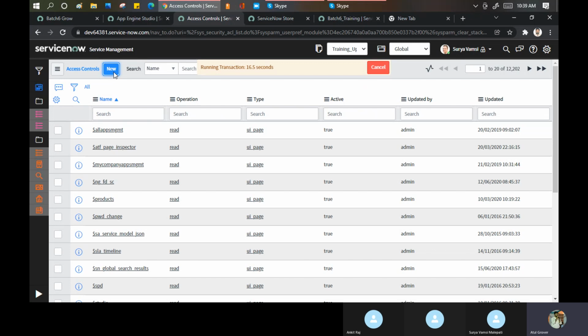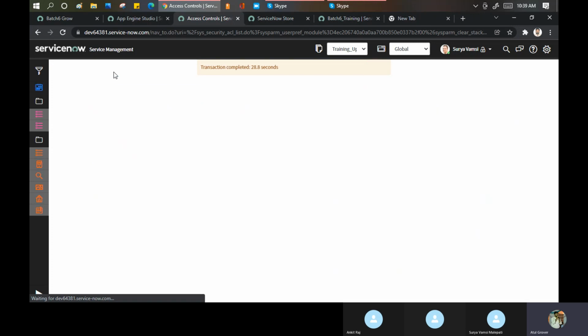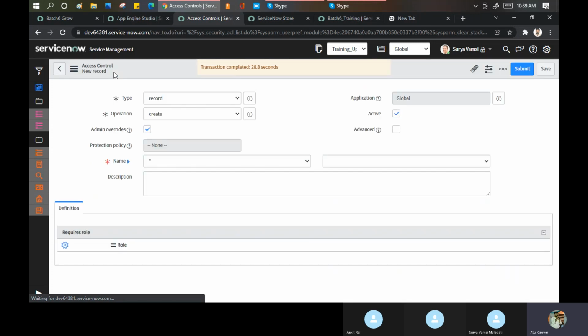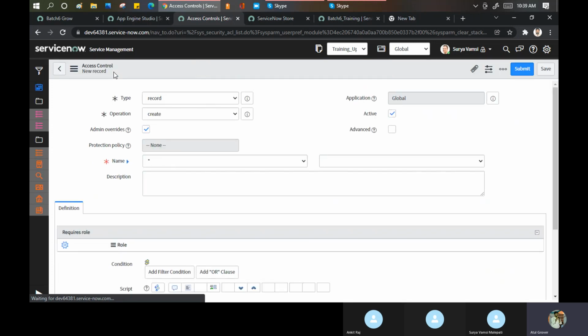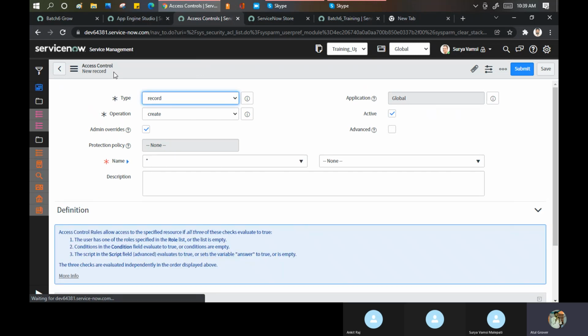Maybe I want this ACL, I don't want to show it, okay? Why are these ACLs very important? That is why we don't use them so quickly. We need to think whether we need any ACL or can we get our work done via UI policies or UI actions or business rules kind of things. If nothing is feasible, then we go for the ACL.